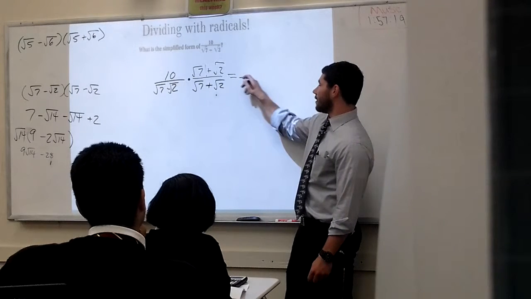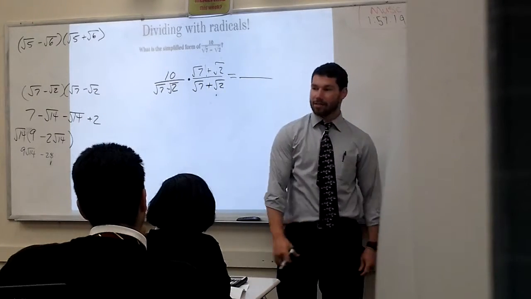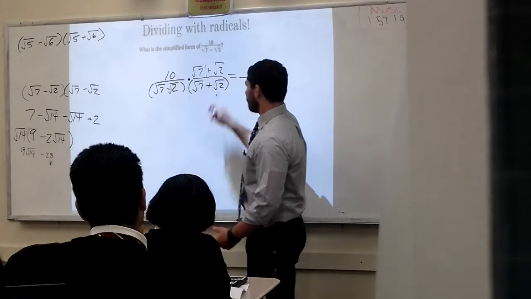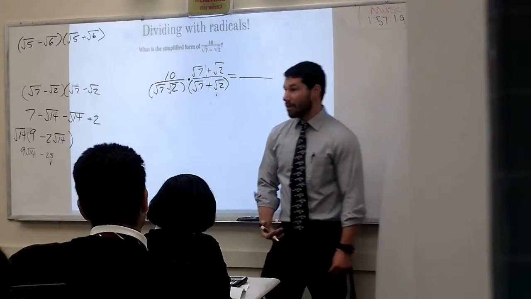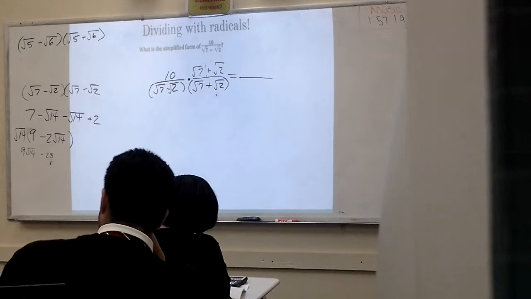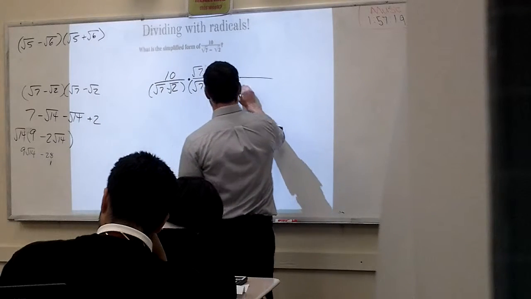If I multiply these, what should I expect to be my denominator? Since I know my middle terms are going to cancel out, what's the only thing left? I should just have the first thing squared minus the second thing squared, right? Because I'm multiplying by the conjugate, it's a special thing, and these guys are going to cancel out. I don't even care about those. So I should have the square root of 7 squared